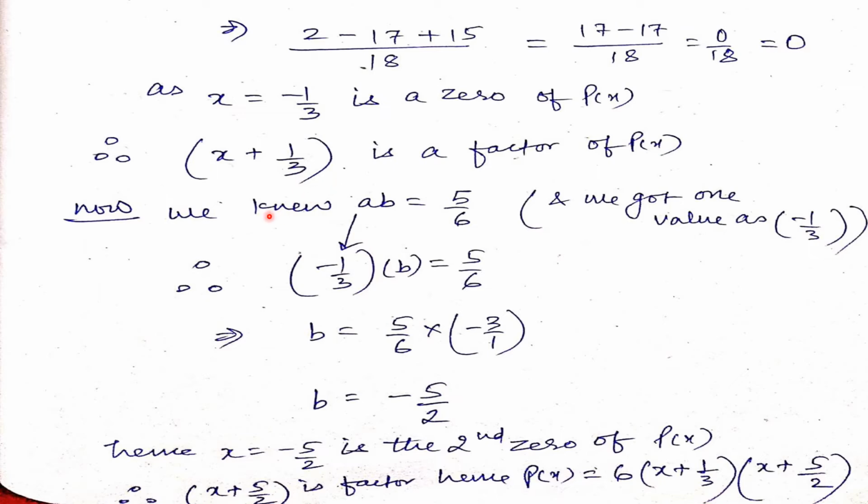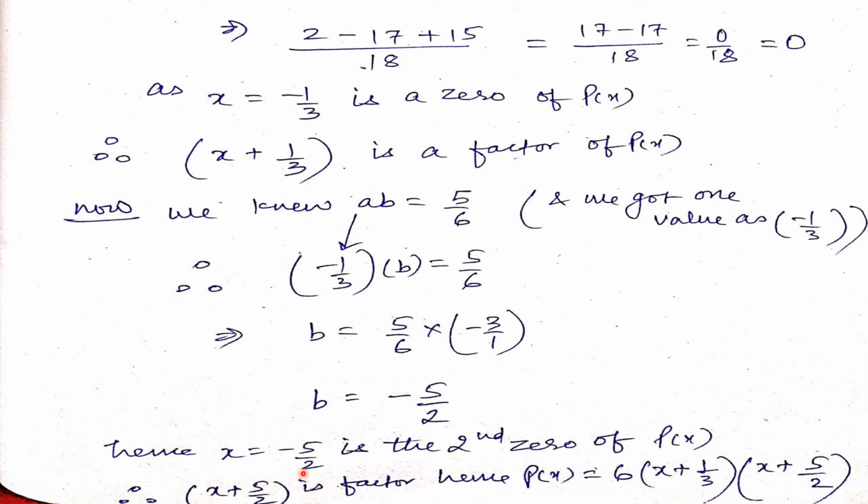Very easy. Now, don't go with the guess part. As you have found one number already, that is minus 1 by 3, just look at it. We said earlier that a into b should be equal to 5 by 6. When you have found one variable a as minus 1 by 3, can't we find b simply by this equation? Just isolate this b on this side only and take minus 1 by 3 to this side. You will get 5 by 6 into minus 3 by 1. Now solving it, you will get minus 5 by 2. Hence, the second guess, if we would have solved, would have come as minus 5 by 2.